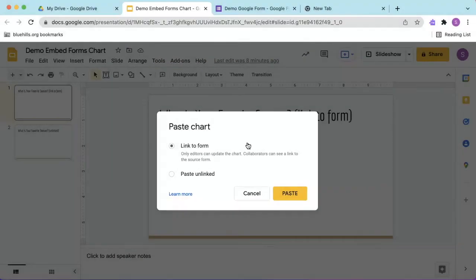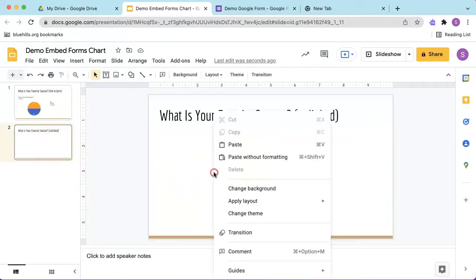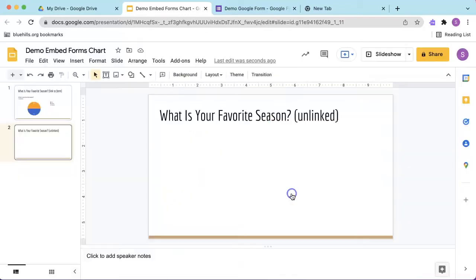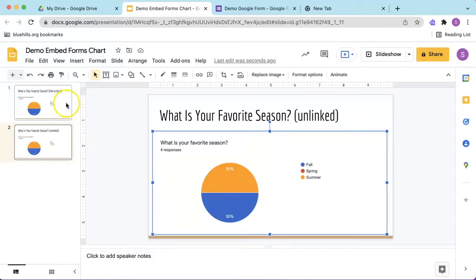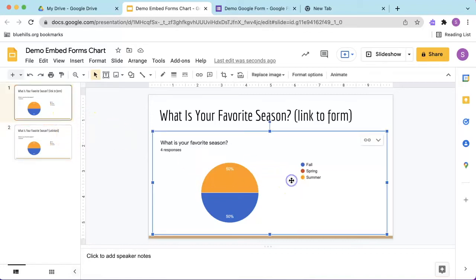On this first slide, I'm going to paste a chart that is linked to the form. On the second slide, I'm going to paste a chart that is unlinked. Let's compare the two. When we click on the slides, they look exactly the same. However, when I click on the chart, you'll notice the chart that is linked to the form has an icon